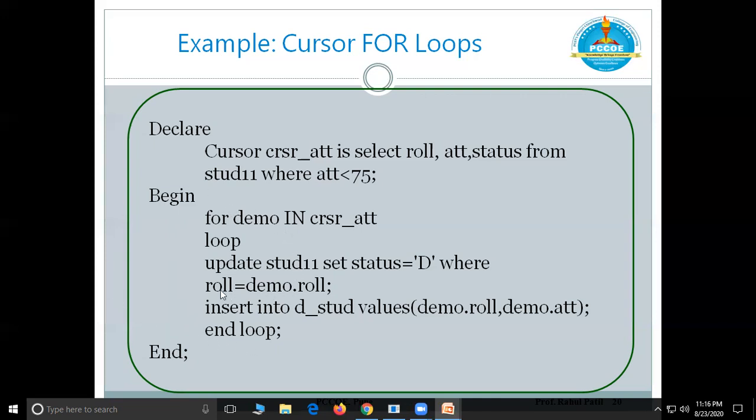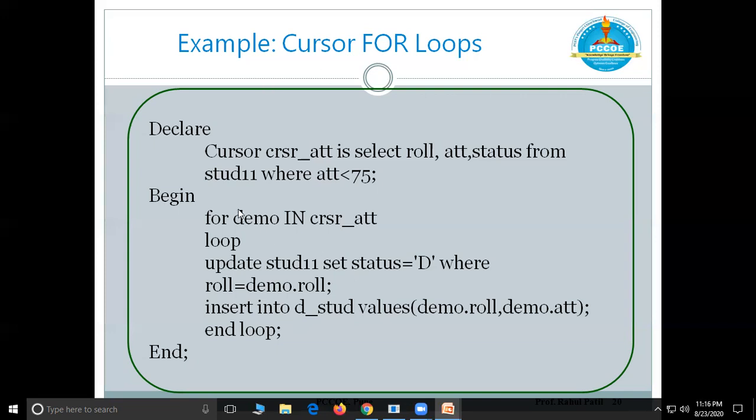And we gave an exit condition for the loop, which is also not required here, because until we have values in cursor attendance, first entry, second entry, and so on, if 70 entries are there in the cursor, then this loop will be executed 70 times. That exit condition also need not be given here because we have the for loop. So like this we can also create a cursor for loop.